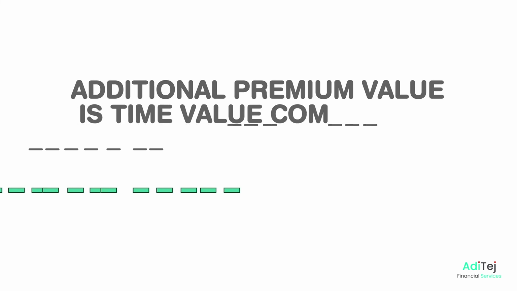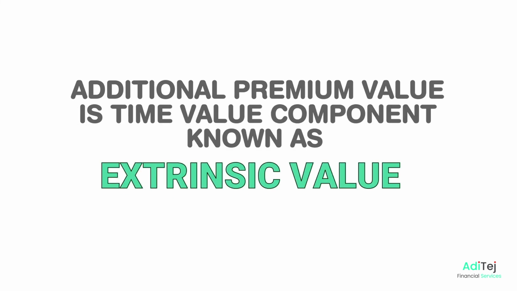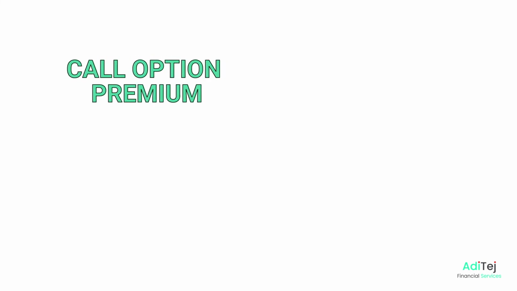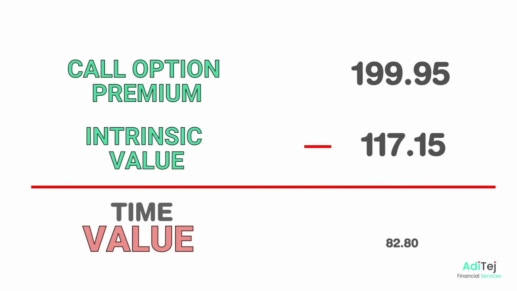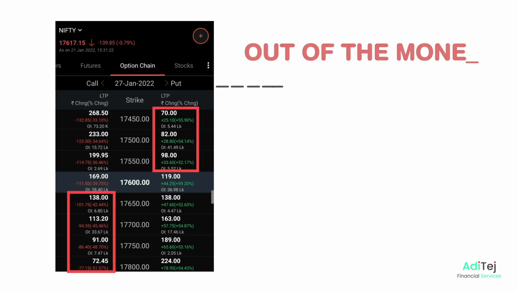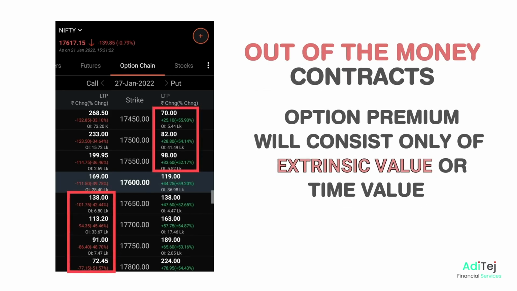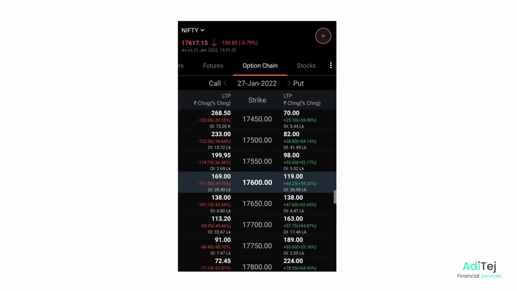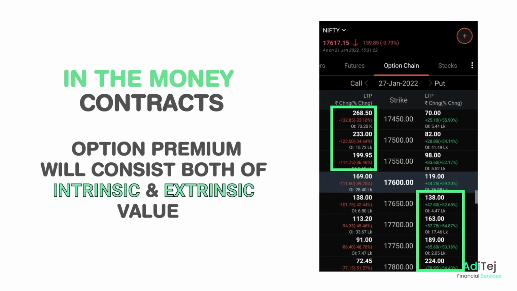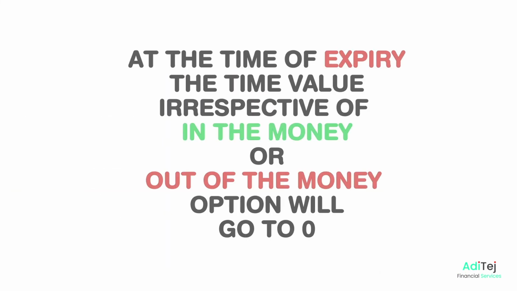The additional premium value is the time value component known as the extrinsic value. The trader bought the call option at 199.95 premium. So, the time value is the premium price minus the intrinsic value, which is 82.8. For out of the money contracts, the option premium will consist only of the extrinsic value or the time value. The intrinsic component is 0 for the out of the money contracts. An in the money options contract consists of both intrinsic and extrinsic value. At the time of expiry, the time value, irrespective of in the money or out of the money options, will